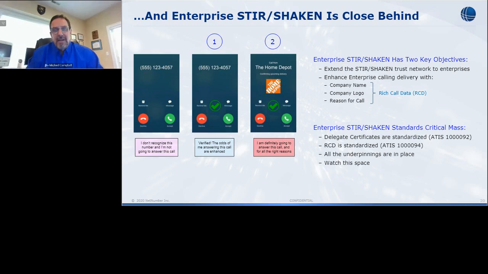And for you as a carrier, just remember that there are arguably 30 million enterprises in the United States alone, all of whom are going to want to buy this service from you. So this is an enormous revenue opportunity for you. STIR/SHAKEN has been quite a cost to this point. Leveling the playing field for enterprises so that they get A attestation as well presents to you a real revenue opportunity. So at last, some good news in the STIR/SHAKEN landscape. Other than that, the good news is we're going to drive the bad guys off the telecom network.